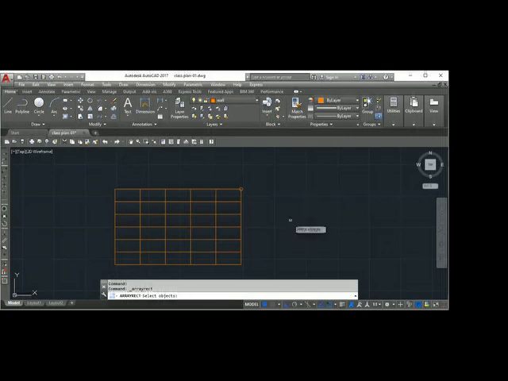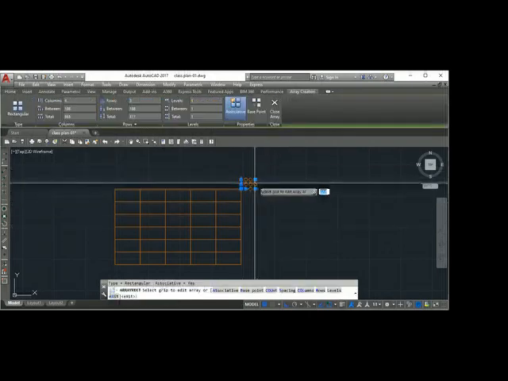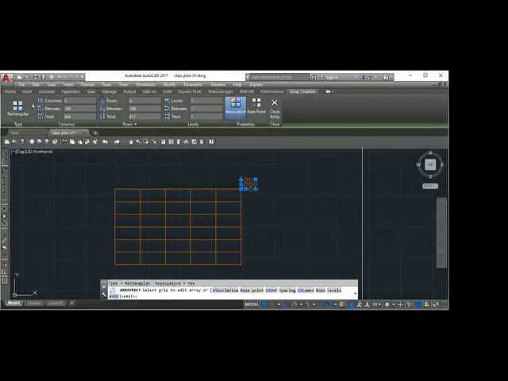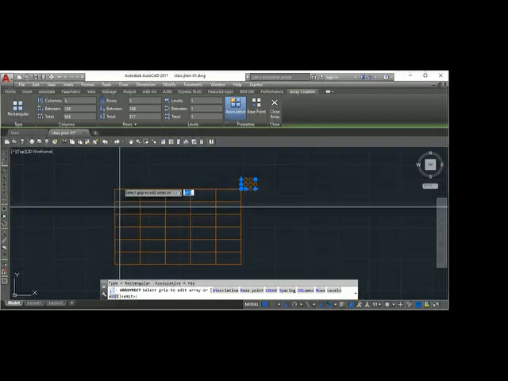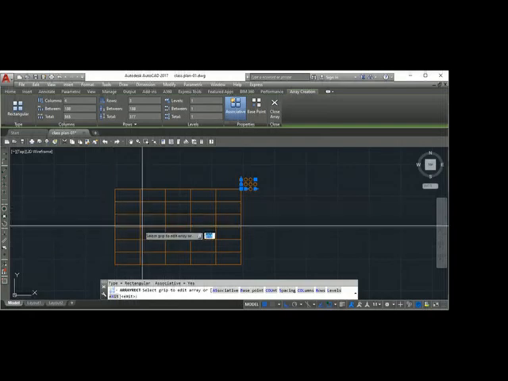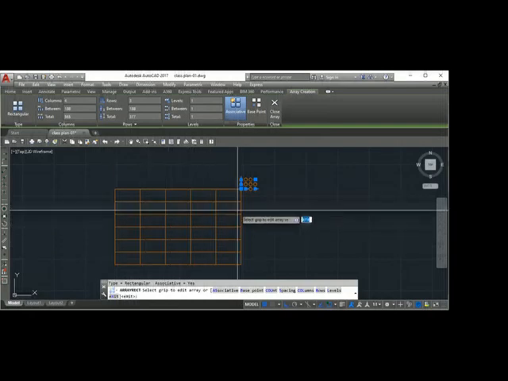It is asking to select object. I will select the object, enter. Forget about that. You come here, the dialog box has come. When I type rectangular array, select the object and press enter, I get a dialog box here. It is asking how many columns there are. The default is 4. Vertical objects are called columns. 1, 2, 3, 4, 5, 6. 6 columns. So I typed here 6.